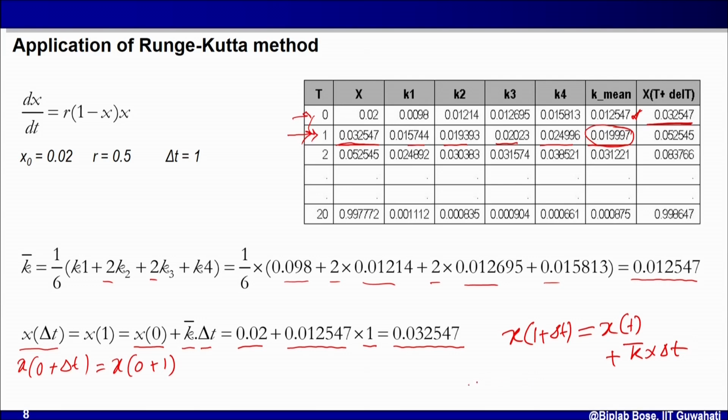So this is nothing but x at time point 2 will be x at 1 plus k, which is 0.019997 into delta t, which is 1. X at 1 is this value, 0.032547. So if you sum up, you get the value of x at 2, that is this value